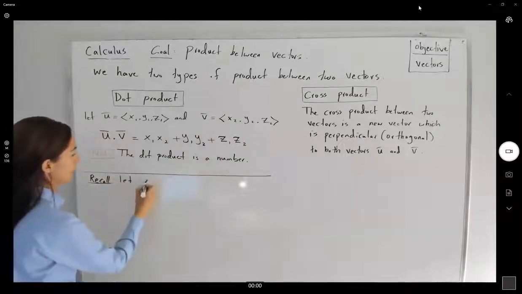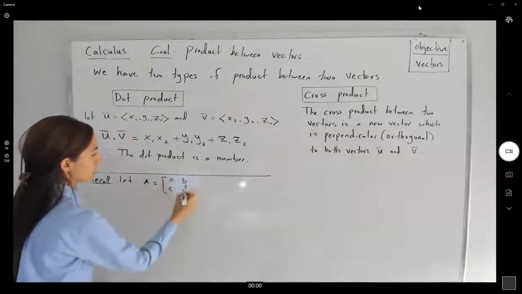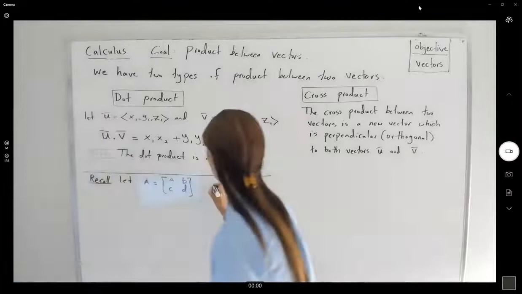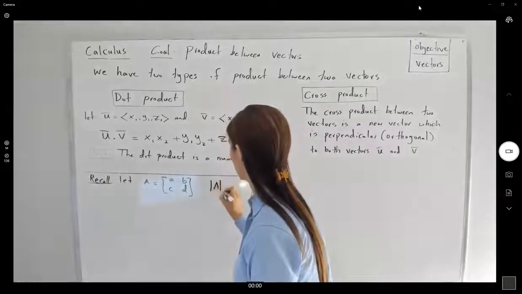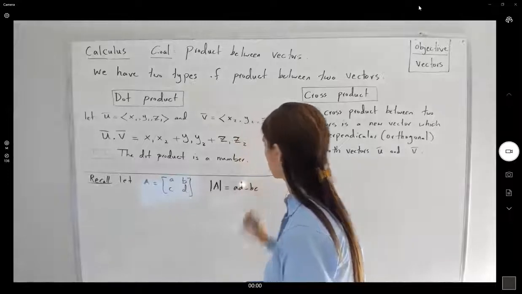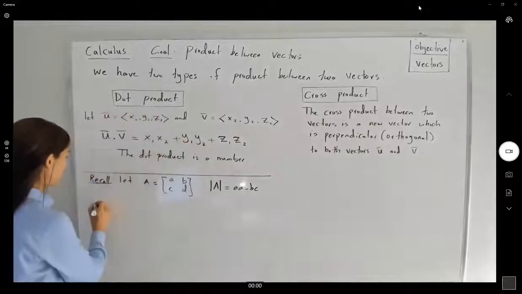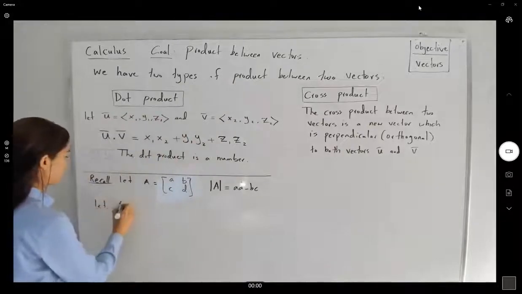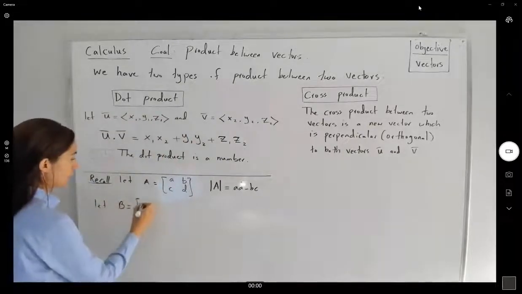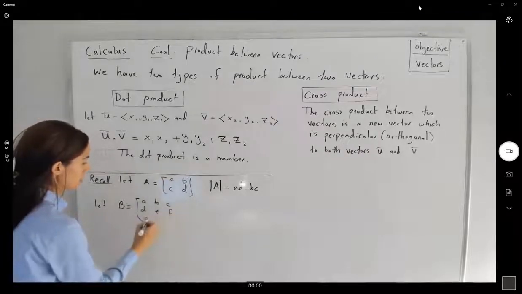Let A be a matrix with entries a, b, c, d. The determinant of matrix A is defined as ad minus bc. It's a 2 by 2 matrix. If you have another matrix, 3 by 3, let B be a matrix with entries a, b, c, d, e, f, g,